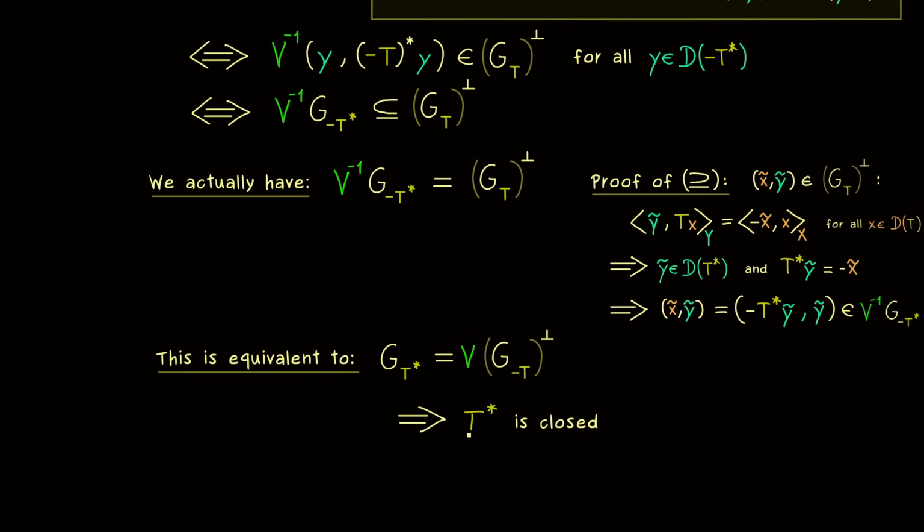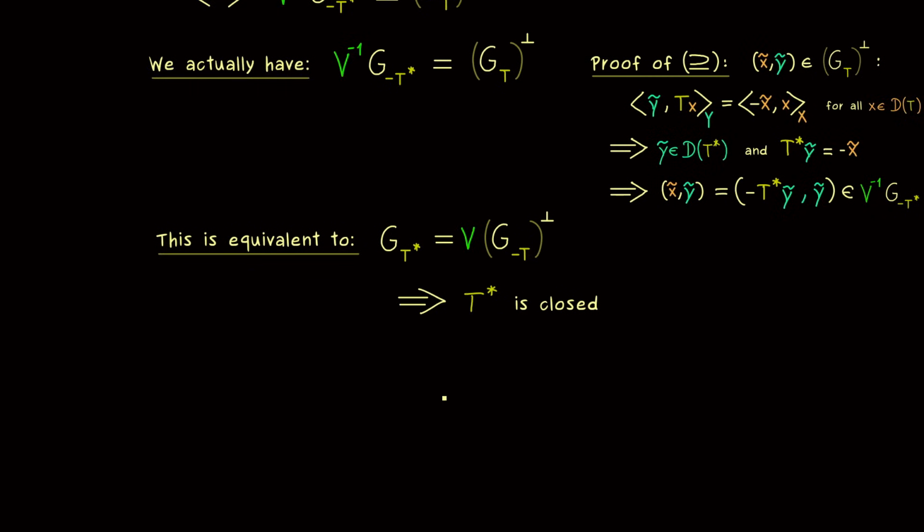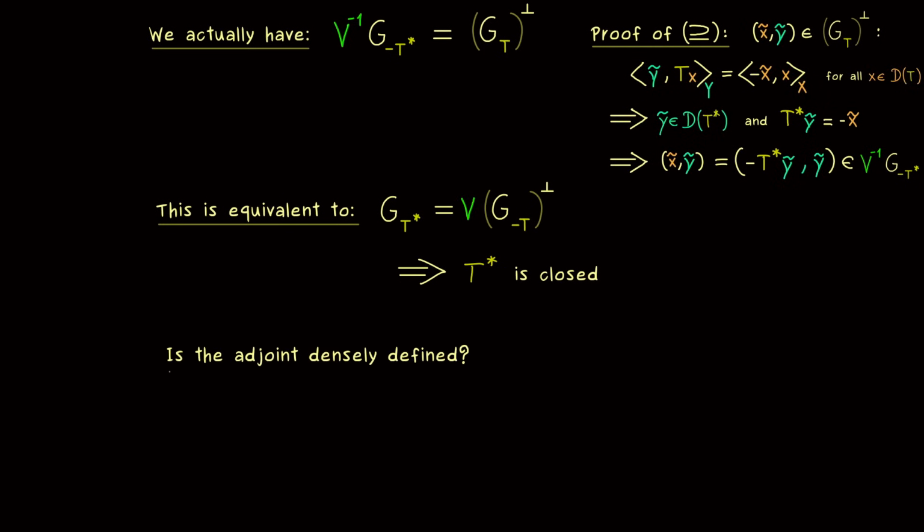And there you see, this claim does not need that T is a closable operator. However, we need it for the second claim, namely that T star is a densely defined operator as well. So the question we want to answer now is: is the adjoint densely defined? So we need to show that the subspace D(T star) lies dense in the Hilbert space Y. So the closure of this set should be equal to Y, but this means that the orthogonal complement is only the zero vector. So this is what we want to show, so let's take an arbitrary element y from this